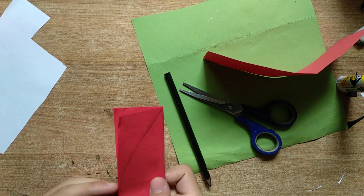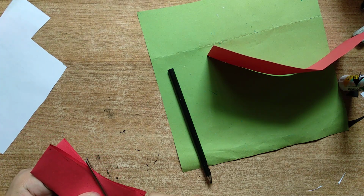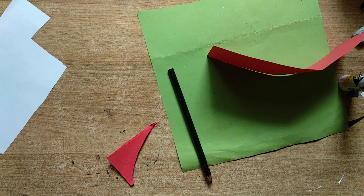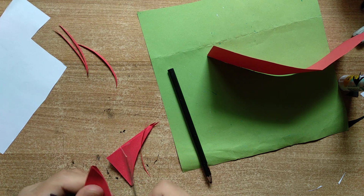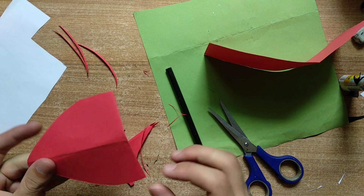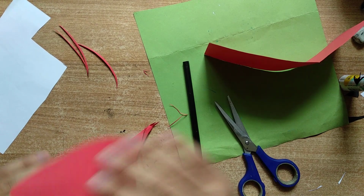Right, so let's pick one. I think this one is better. And then just start cutting it out. Just like that. So make sure all your fingers fit. They do, and there's room for more, so I wouldn't mind cutting it further. Right, now the next step would be to create a